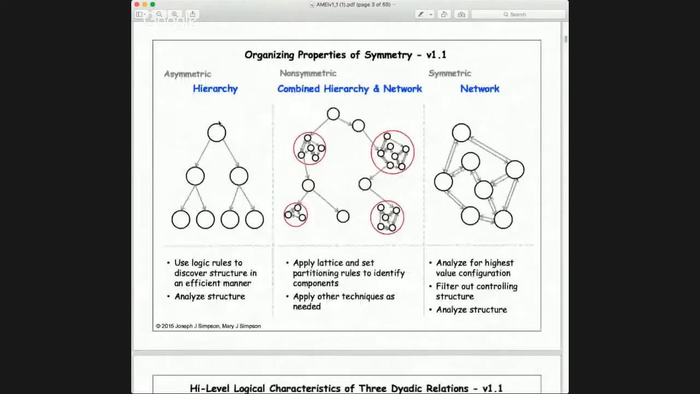And this specific aspect here is an important idea to understand, so that after we choose symmetry as our guiding structuring property, we then find that asymmetry creates the hierarchy. A symmetric property creates a network, and then non-symmetric creates a combined network and hierarchy. So these are essentially important structures,